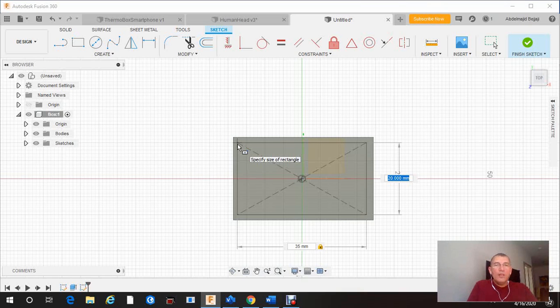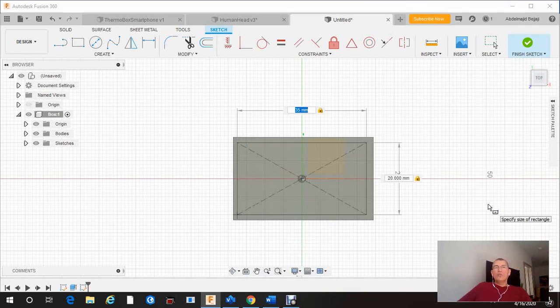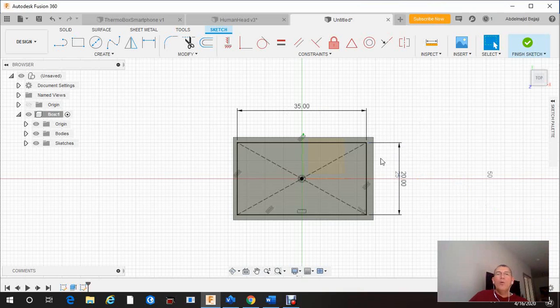If it's 20, something is wrong. I think I might have entered the wrong value initially. We can correct that later on, that's fine. So 20, it is correct, the value is correct, but something is wrong with the, let me just show you what I'm trying to do. Okay. Now we created a rectangle